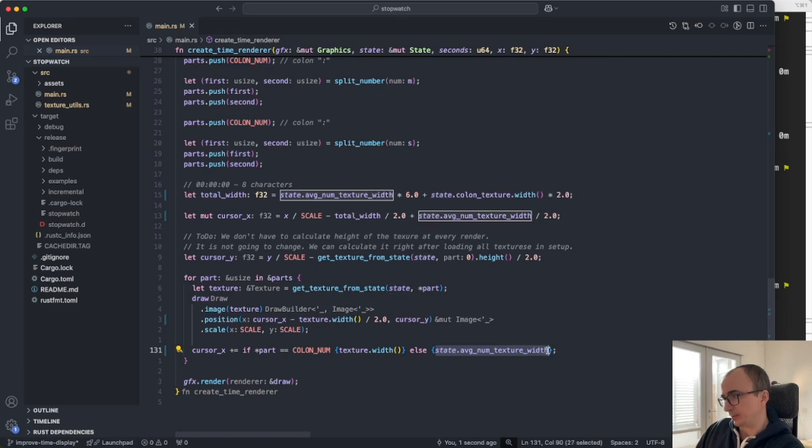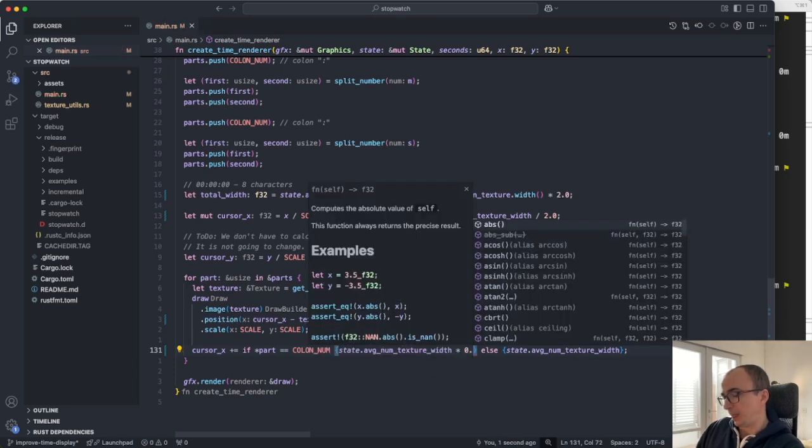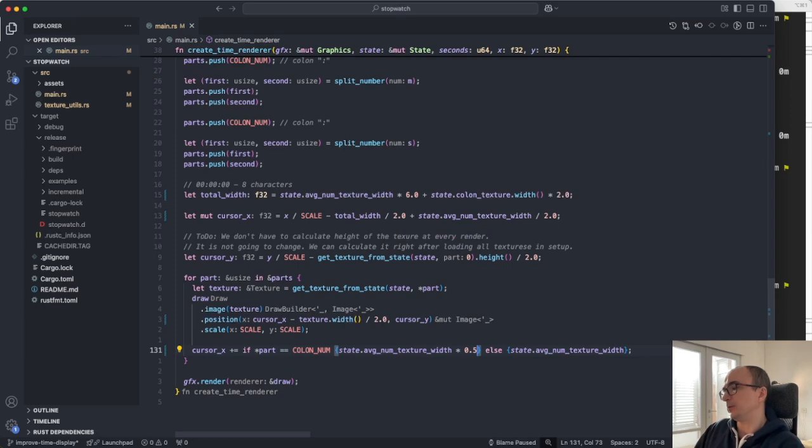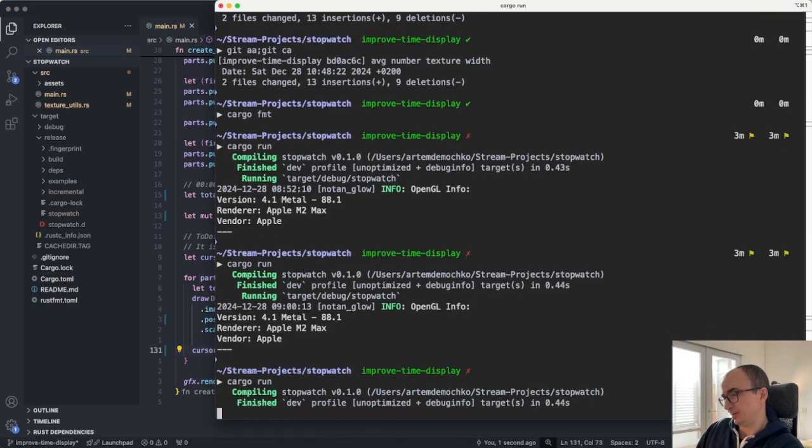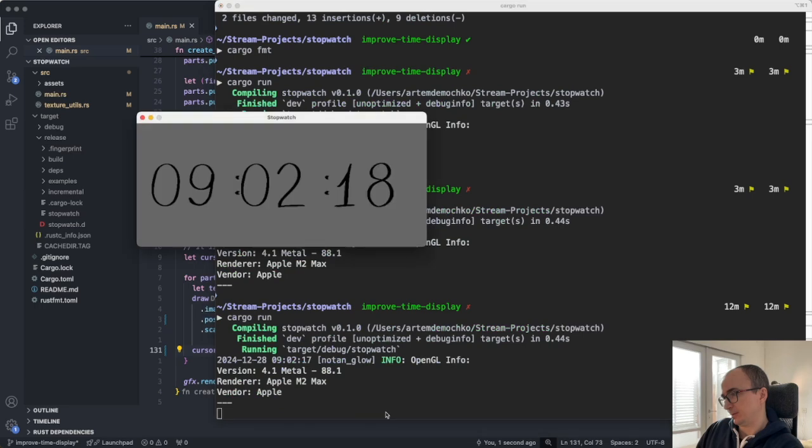No, let's do it otherwise. Texture average width divided by or multiplied by 0.5. I don't know. Let's see if it works. Okay. It sort of works,